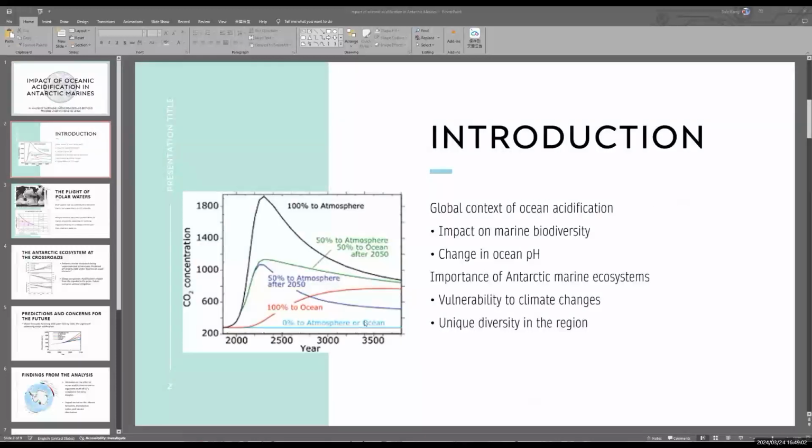First, the introduction. Today I will present to you a critical synthesis of research that I have done assessing the impact of anthropogenic carbon dioxide on our oceans, focusing particularly on the Antarctic's marine life. Our oceans have absorbed a huge amount of carbon dioxide emissions, leading to notable shifts in seawater carbonate chemistry and a concerning reduction in pH levels. I will also talk about the importance of the Antarctic marine ecosystem and why ocean acidification is an urgent issue that we need to address right now and right here.